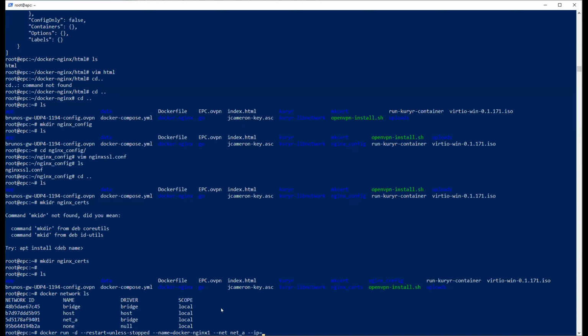IP equals one of those IPs that we put in the configuration file, nginx_ssl.conf. So here we put IP 172.18.0.3, and now the most important part. Now we have to map a volume using -v root docker nginx. Remember the folder we created where your serving files will be.